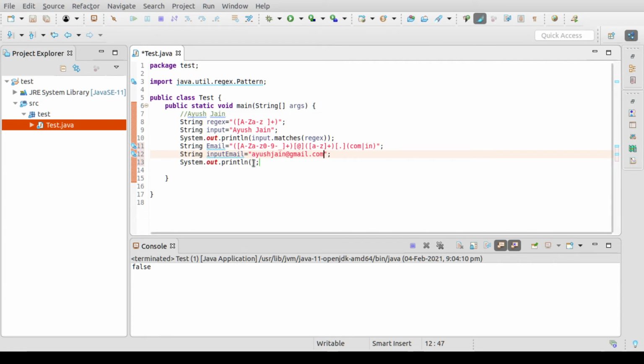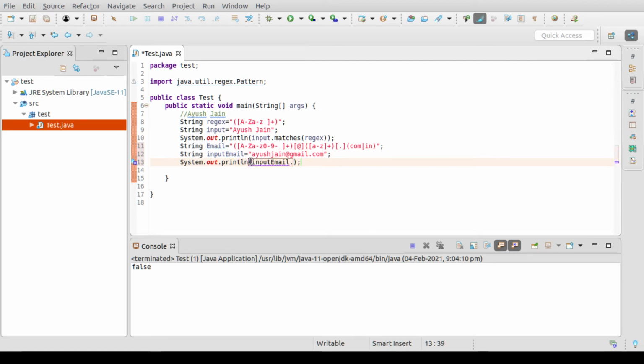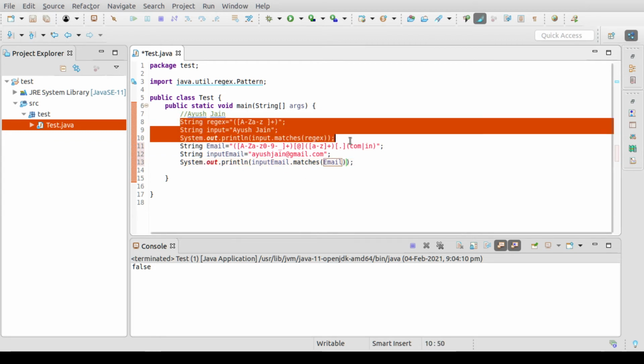So let's use the same method that I told you, inputEmail dot matches regex email. Commenting out the previous things, okay, it's giving true.